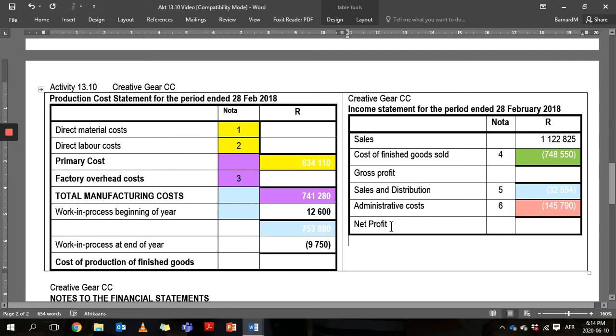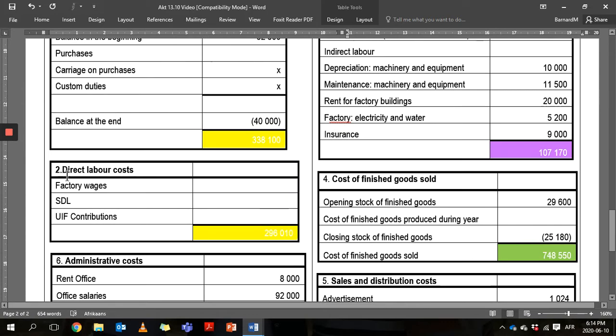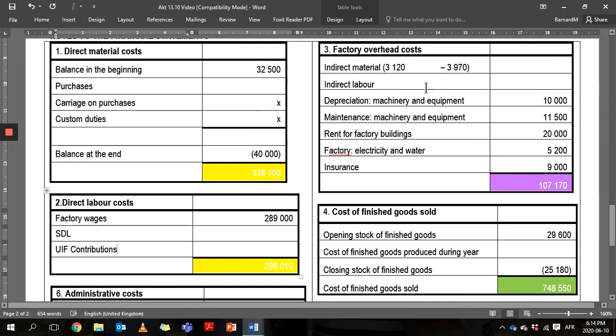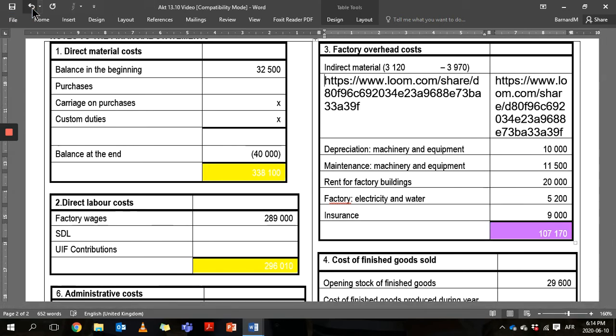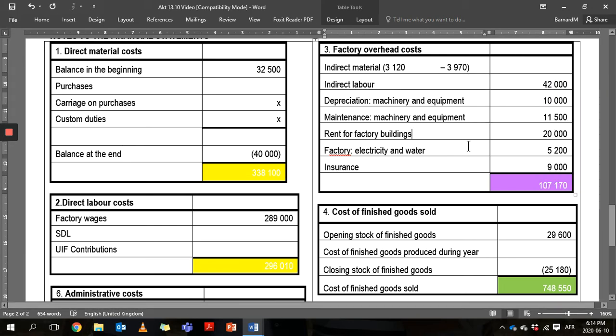Then the next part is salaries and wages, and there are about 5 divisions there. The first one is the wages of the factory workers, which is obviously your direct labor cost, and that is your factory wages, 289,000. Then there is salary paid to factory security, which is obviously indirect labor, and that will go to your factory overheads. Then you have your salaries paid to your office workers, 92,000, which is